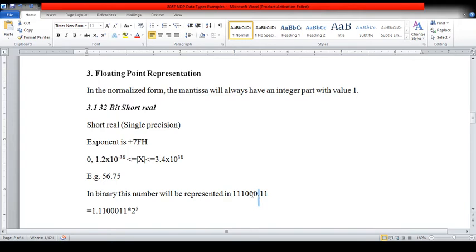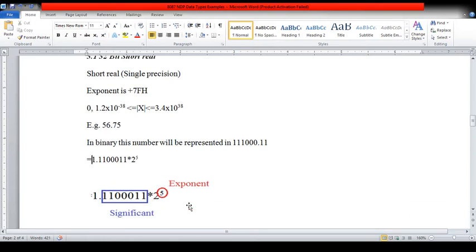So here whatever floating point is there will be moved to the left of this number, and because of this the same number can be represented in this way. Right now the mantissa or integral part is having only 1 as the integral part. So out of these numbers, the red part, this 5, is called the exponent, and the fractional part is also called the significand.